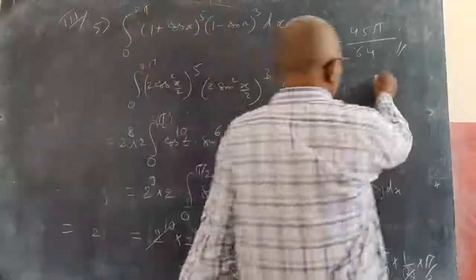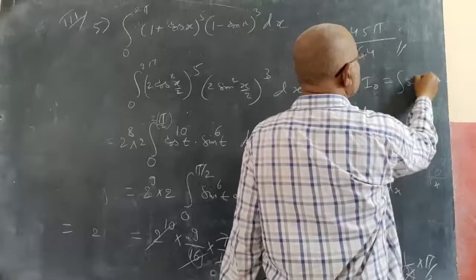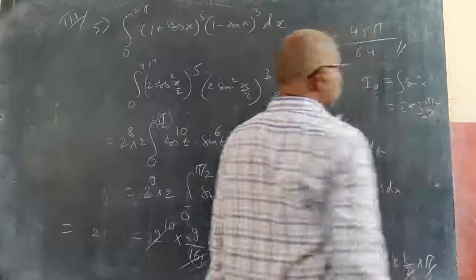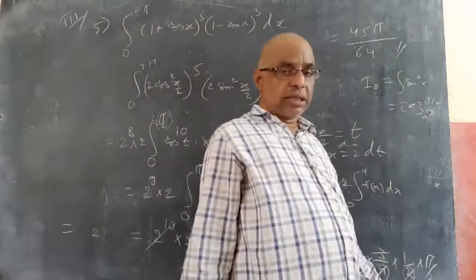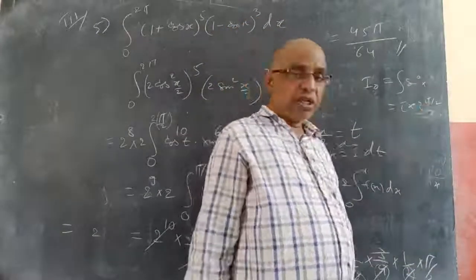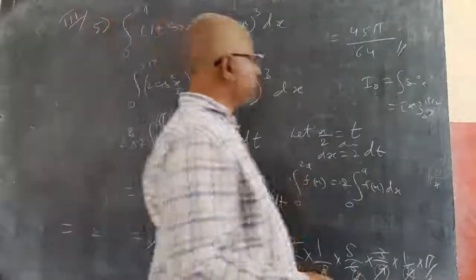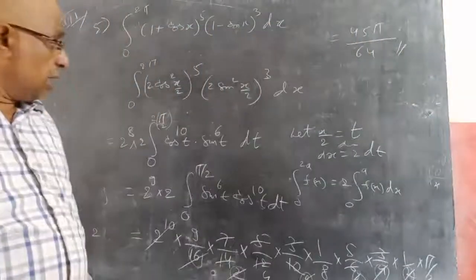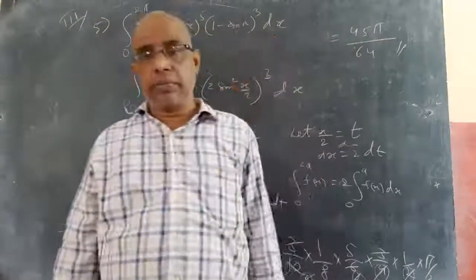What is I1? I0 we discussed. I0 is sin power 0x, is 1 dx. So x, limits 0 to pi by 2. So that's why if it is even, you will get automatically 1 by 2 last. So no need to remember even or odd. So automatically this is pi by 2. If it is 2 by 3, that is odd. Automatically you can leave like that only, because you will get I1. I1 is 1 by 2 by 3 you get. So that is our final result. So your last result is 45 pi by 64 by simplifying all.